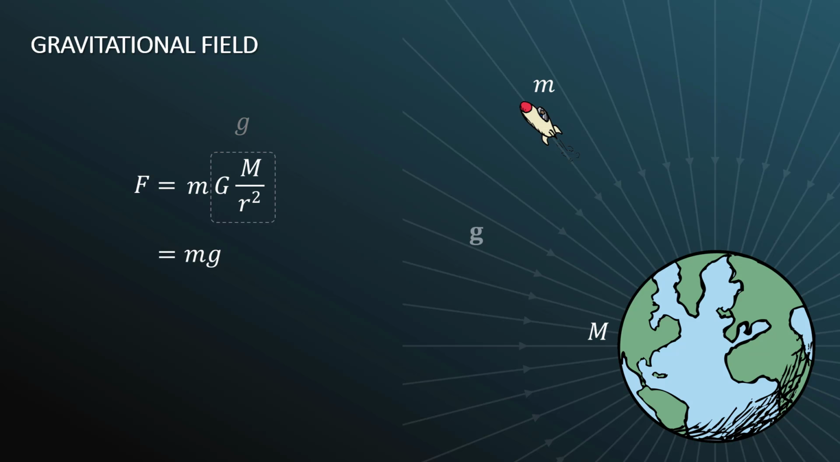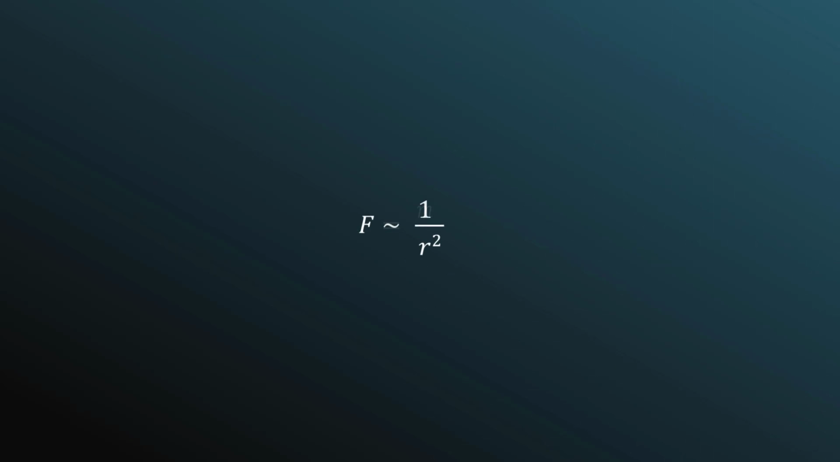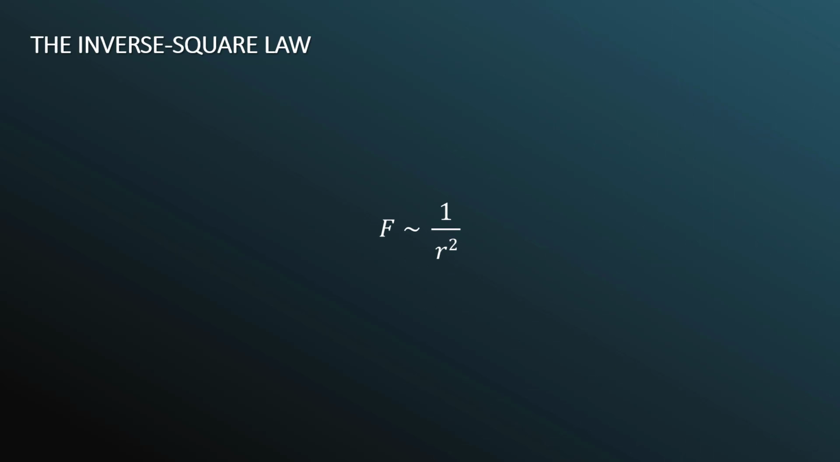The gravitational force on you is due to the gravitational field of the Earth interacting with the mass of your body, the mass of the rocket, the mass of the baseball you throw, the mass of the plane flying overhead, all of that. Now let's talk about the special relationship, the inverse square law,